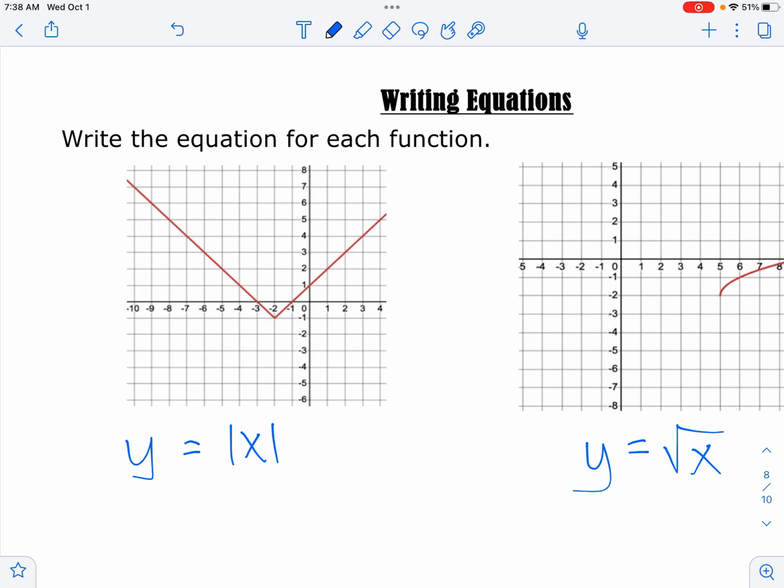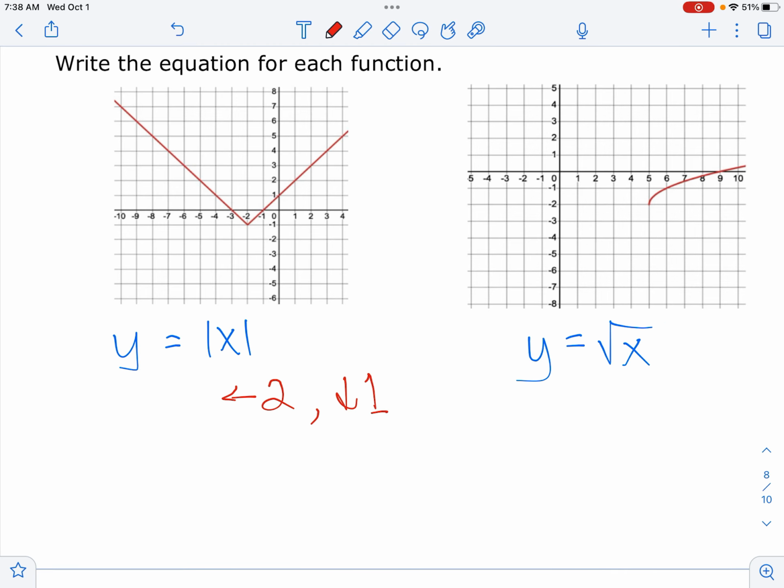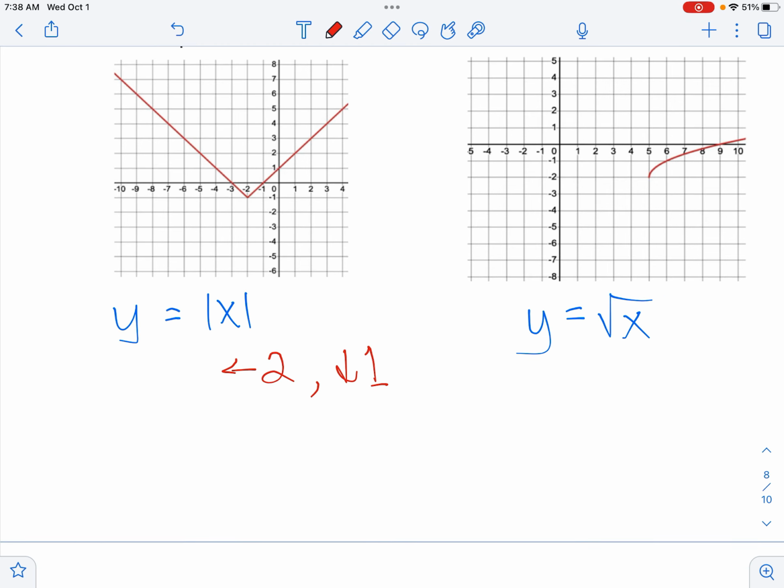So this first one here has slid to the left 2 and down 1. So I'm going to write that over here. Left 2, down 1. Okay, so if I want to slide it to the left or right, it has to go inside